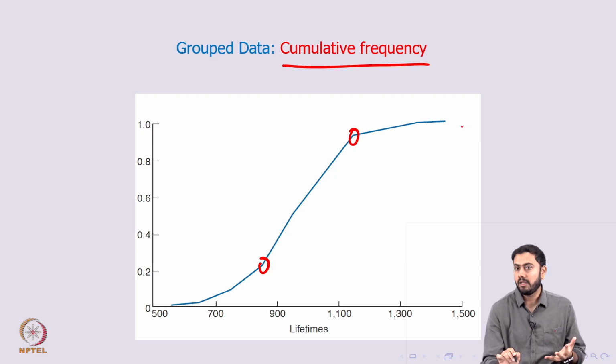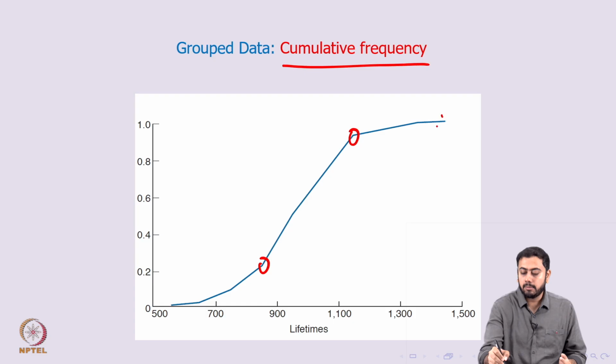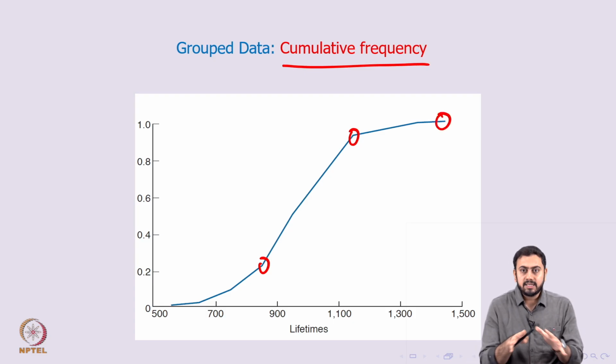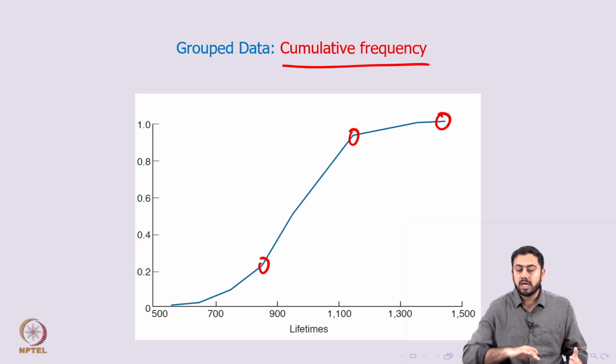which means that very few lamps have a lifetime of, let's say, more than 1100 hours, or 1150 hours and so on, and ultimately it should converge to 1. So when you have lamps having lifetimes of more than 1400 hours or close to 1500 hours, you don't have that many lamps because the cumulative frequency is almost converging to 1. Okay. So again, like I said, these are some advantages which a cumulative frequency chart offers, which a line graph or a bar graph or a frequency polygon or histogram or pie chart do not offer.